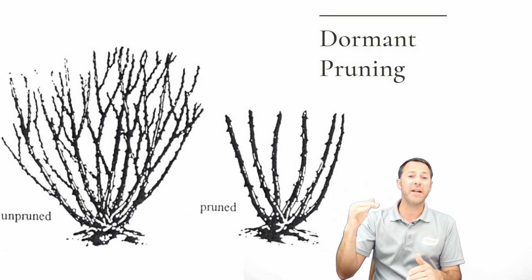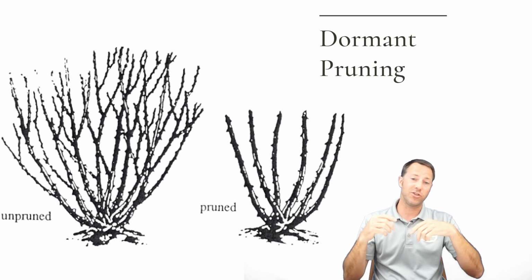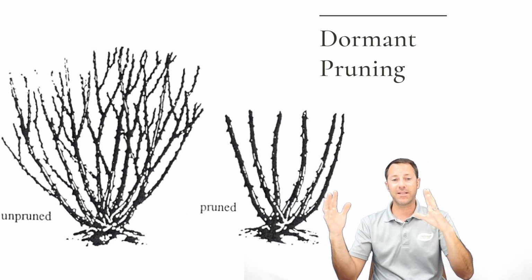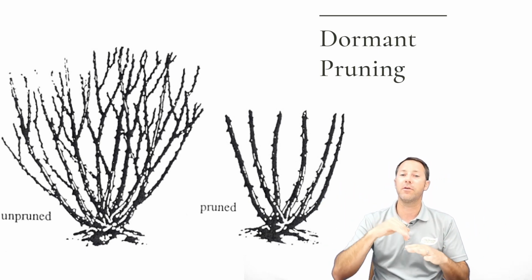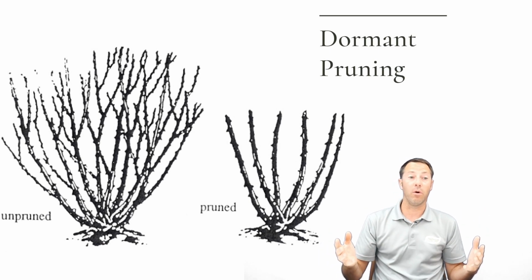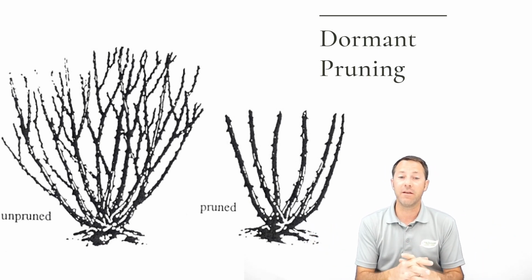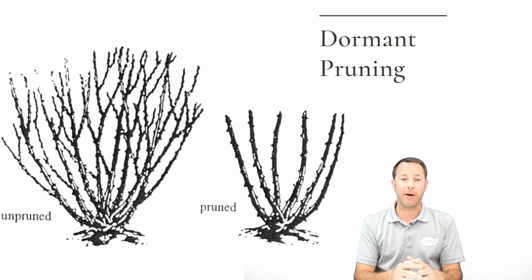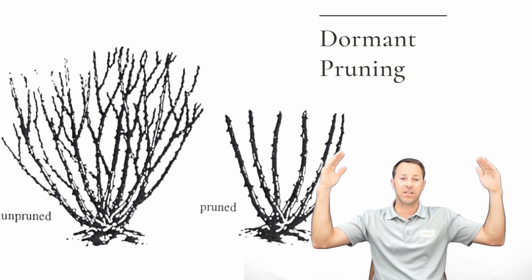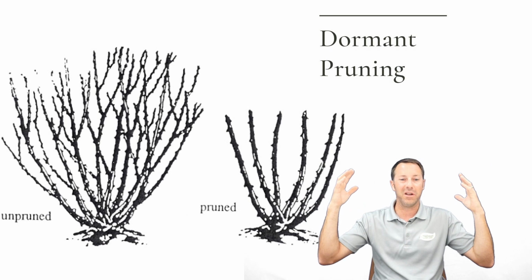And then you could eliminate some weaker wood, and by that point, usually what I'll do is I'll first start with hedge shears, kind of trim it back, get it nice and tight. Then I'll take my hand pruners and tighten it up so I've just got my good canes that are on the wall. And then I'll look for crossing branches, diseased wood, black wood, dead wood, any of those types of things, and get that completely out. And even at the end, I'll kind of go to the top and just tip it and bring it down just a little bit. I don't want to eliminate the size too much,